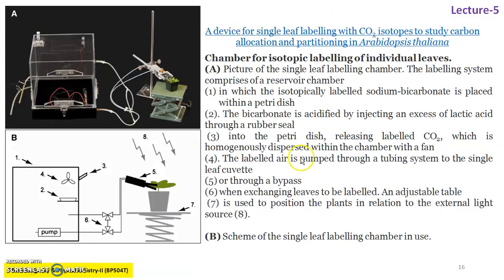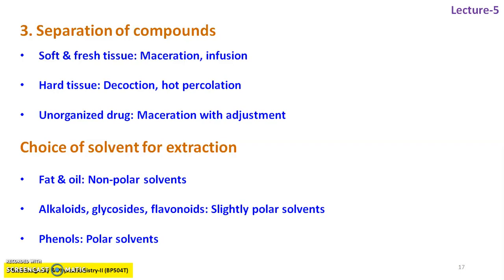Dear friends, this is one of the devices designed in such a way that chamber number 1 contains a petri dish with sodium bicarbonate. Lactic acid is introduced into that, and because of that carbon dioxide gas is evolved. This carbon dioxide, which is radioactively labeled with carbon-14, goes from this chamber and is transferred to the leaf surface, because the leaf can absorb this radioactive carbon-14 carbon dioxide through stomata, and thereby it gets involved in the further process, and that can be scanned using gamma, alpha or beta scanners.